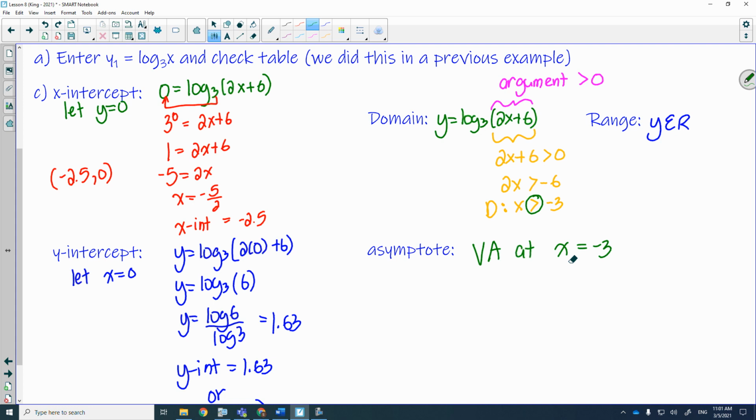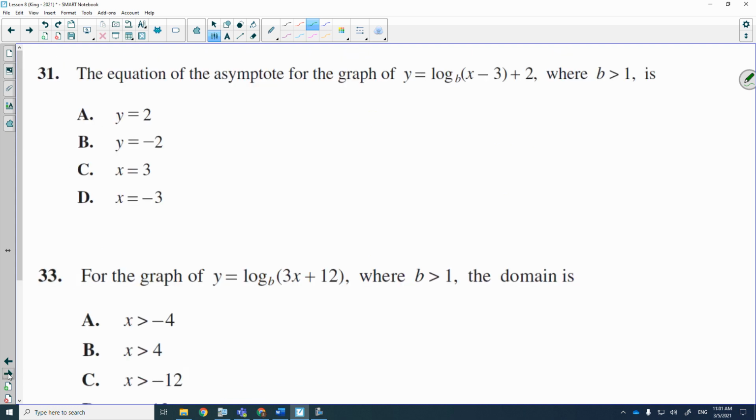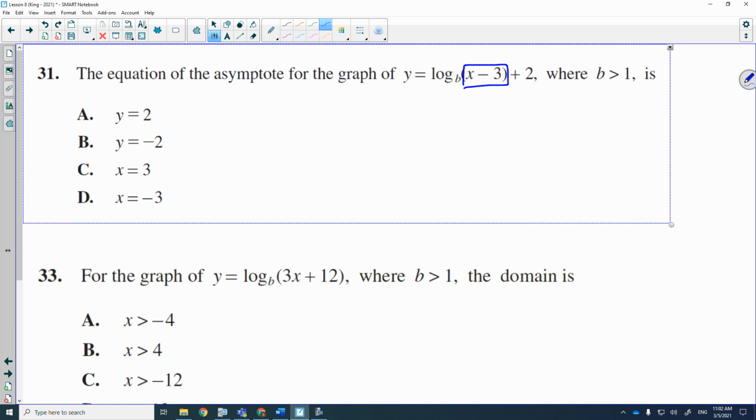So just to apply this, to see if you understand what we did, let's look at some diploma questions. None of these we're going to punch in. The equation of the asymptote for the graph of, it's a log graph, and it's asking about an asymptote. So what I always tell students for a log graph, first figure out what the domain is, and then get your asymptote. Whenever you have a log graph, you always take the argument, and the argument must always be greater than 0. Solve for x,